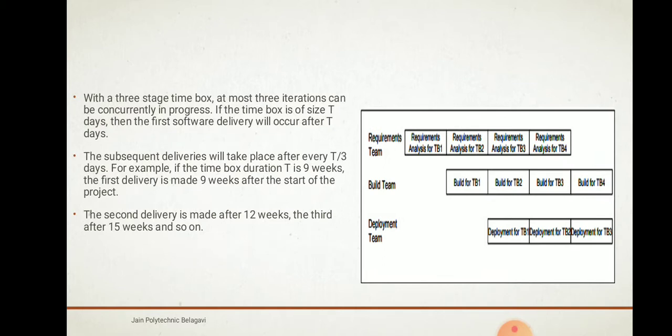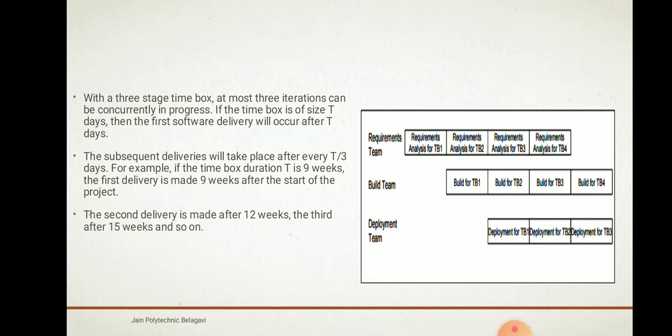Now within the 3 stage time boxes, at most 3 iterations can be concurrently in process. That is, all the 3 teams will be working concurrently at the same time. So if the requirements team is working on analysis for TB3, then the build team will be working on building TB2, and the deployment team will be working on deployment of time box 1. Now if the time box is of size T days,